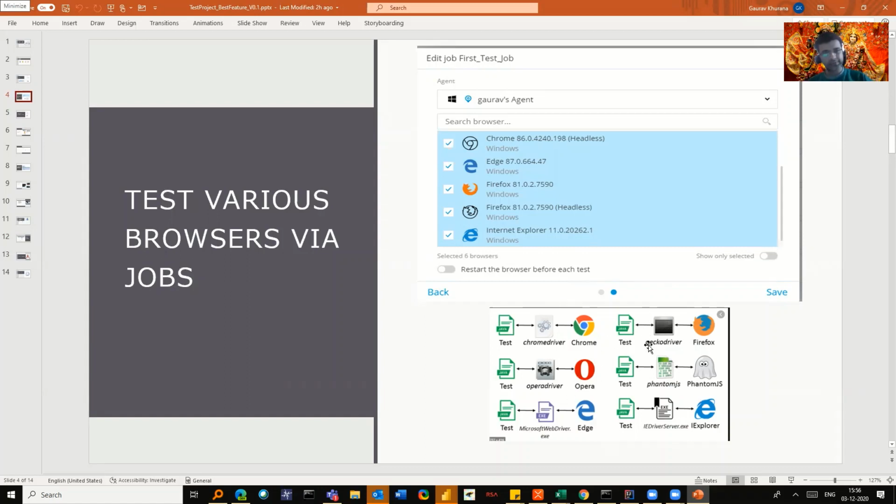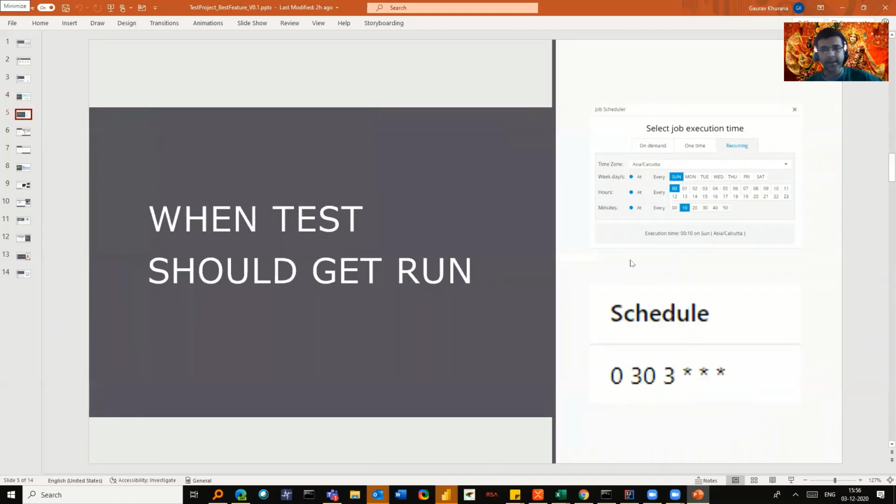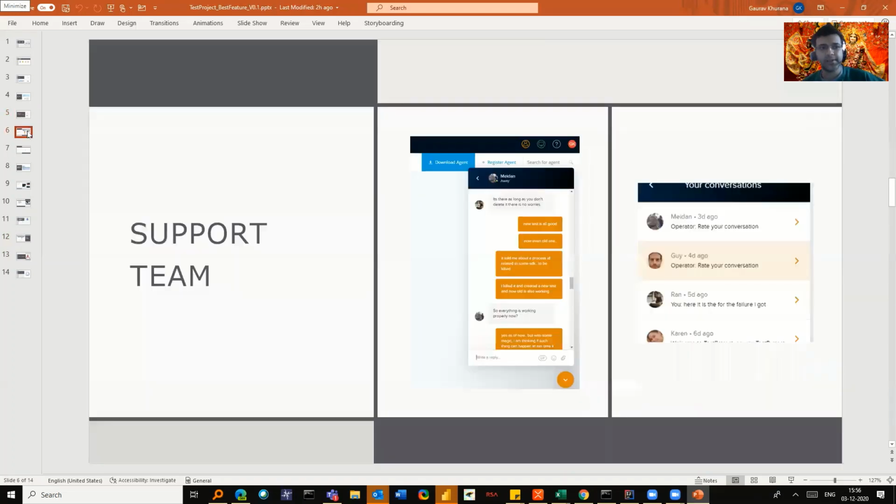So again, they have kept the user at the center, how to make the user experience the best, right? And the reason I use this is it's very simple. Once I open it, I need not look very carefully at what's going on and how it works. Again, the support is very good.